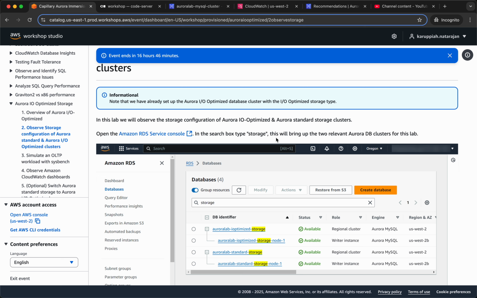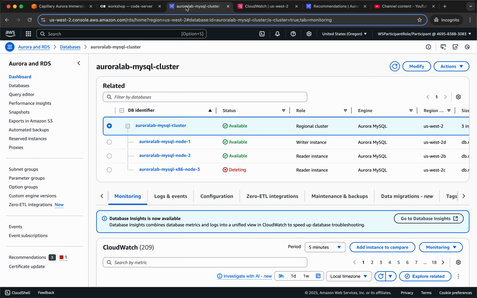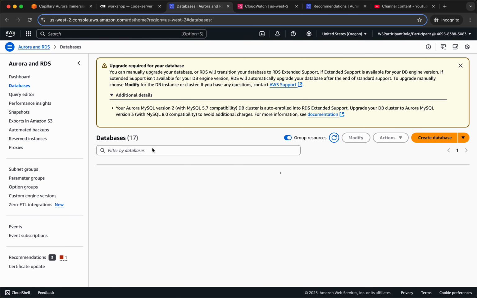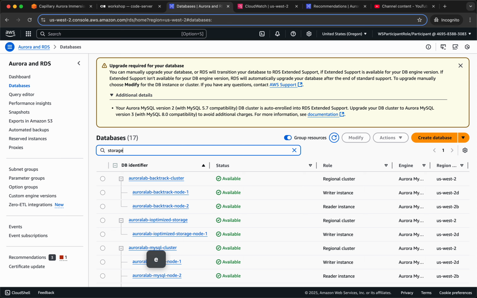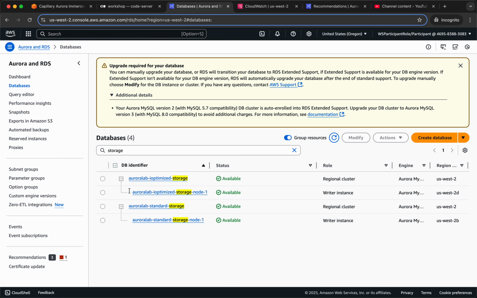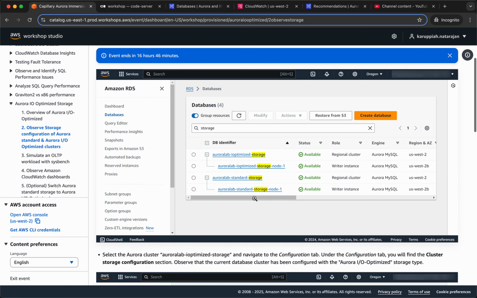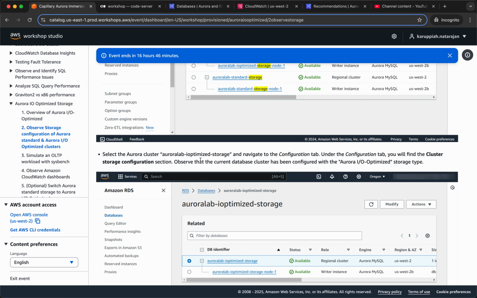Open the search box and type storage. This will bring up the 2 relevant Aurora DB clusters for this lab. So let's look at the databases, storage. So we have these 2, and select the Aurora cluster, Aurora lab IO optimized storage, and navigate to the configuration